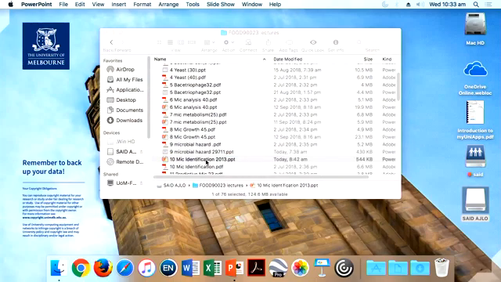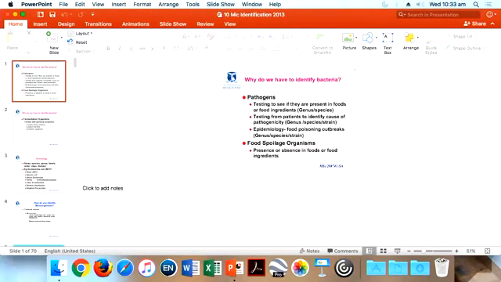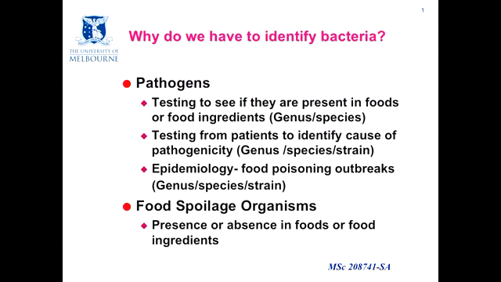We move to the next lecture, which is microbial identification. Before I start, any question again about what we have discussed in terms of microbial hazard, toxin, bacterial toxin, algal, fungal? So in terms of microbial identification, and in fact that's what you are currently doing in terms of identifying what type of microorganism you isolate from food sample,